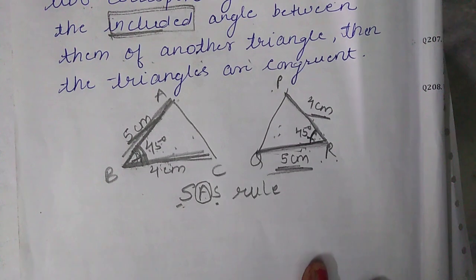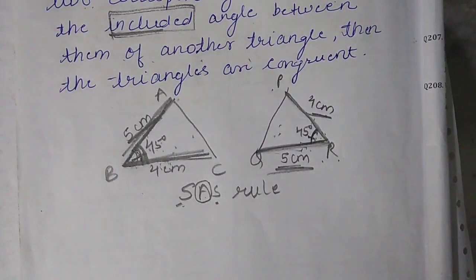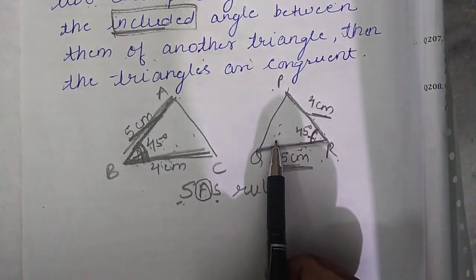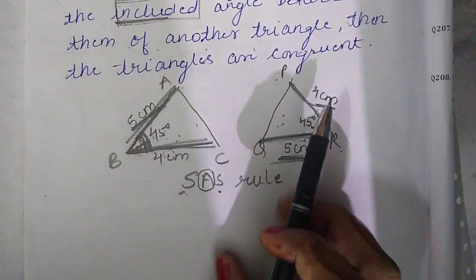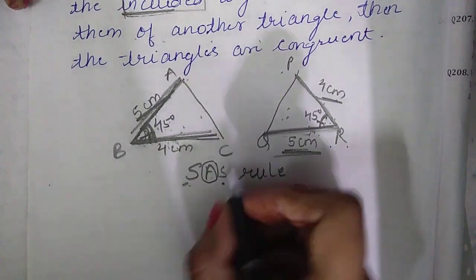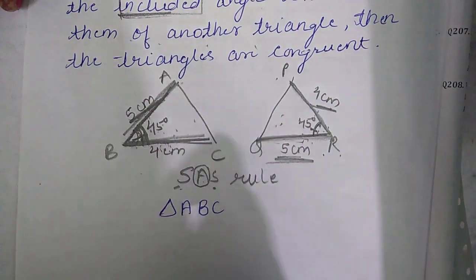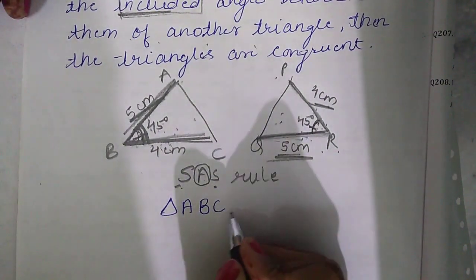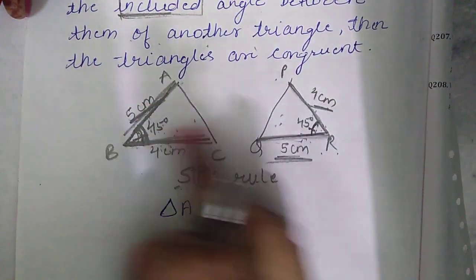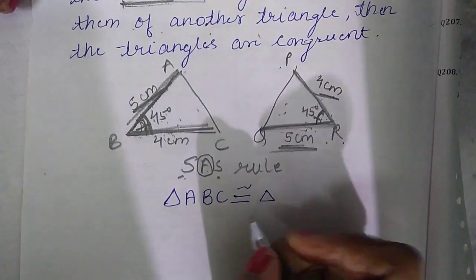Okay, now if I have to write the name of these triangles in symbolic form, how will I write? So these are the two triangles, the congruent triangles. How will I write the name? So first I will write the name of any one triangle in any way. So let it be triangle ABC. Corresponding to this, how will I write the name? As they are congruent, because two sides and one included angle are equal, so is congruent to. Now I will write the name according to this.